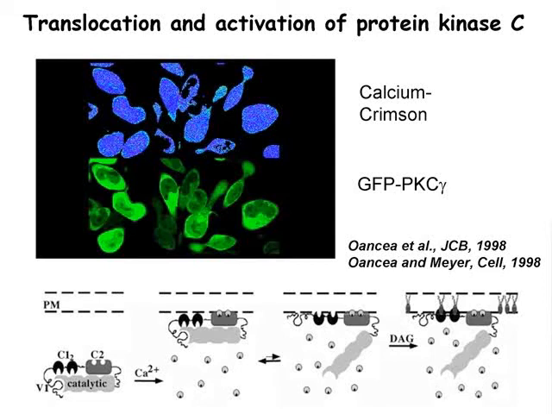You see on the top these blue spots are each a cell with a calcium indicator in them, and if this indicator later, when we play the movie, turns red, you will know that calcium went high in that cell. In the lower part of that image, you see the expressed green fluorescent protein tagged protein kinase C,